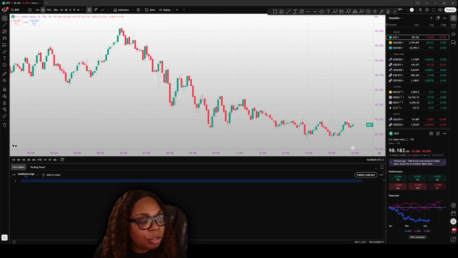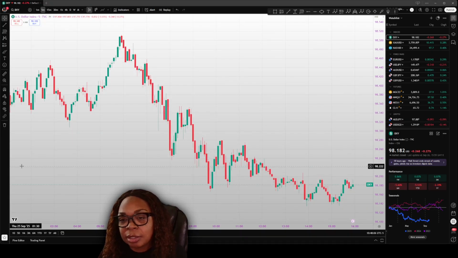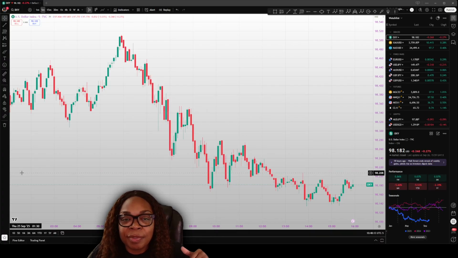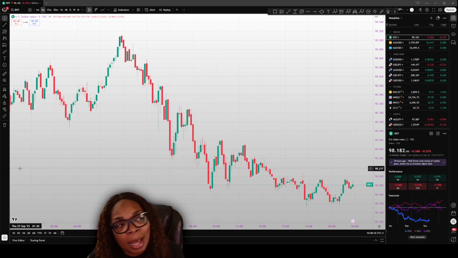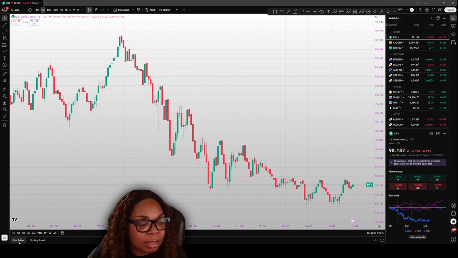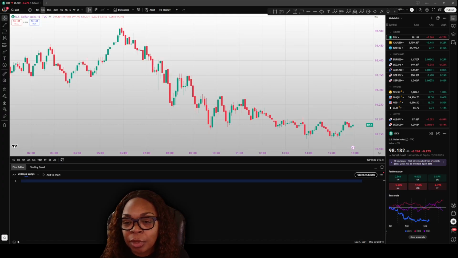So what you want to do, first things first, is open your TradingView chart. I had to copy and paste the script that ChatGPT made for me into my email. And I opened my email on my home computer and just copied it from my email to paste into TradingView. So once you go to TradingView, there is a Pine editor box at the very bottom here. You're going to click that box and open